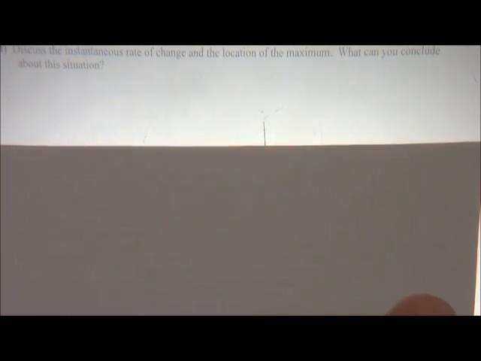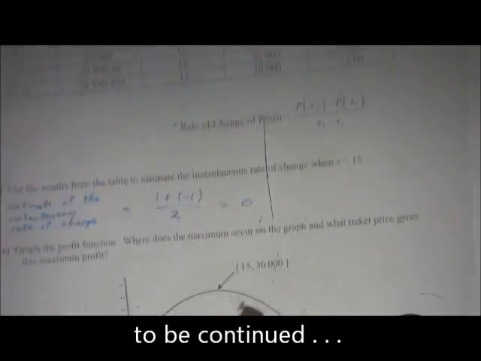Shannon, do you have something else to add? Okay. If you plug it in, yes, at x equals 15, the y value there is 30,000, that's the highest value. Any other value of x substituted into the formula will give you a lower value, which indicates that 30,000 is the maximum. And so John, what you said about the slope being 0, we have to remember that